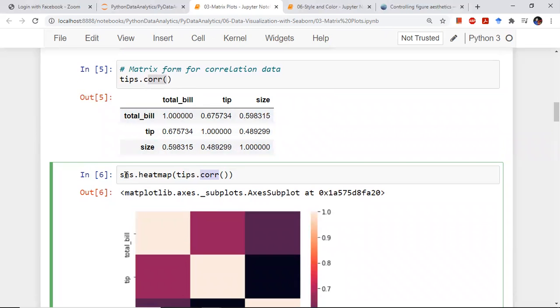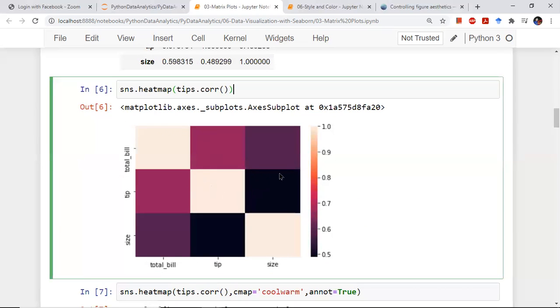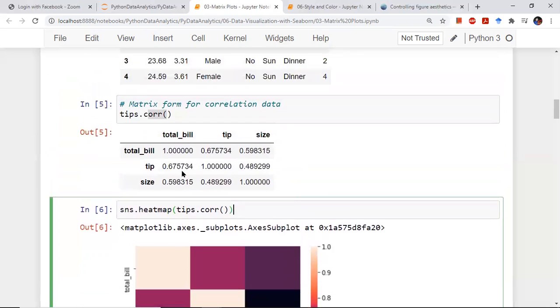Making heat maps is very simple. We will do sns, or seaborn, dot heatmap, and I'll pass the matrix form of the dataset. So this is what we see as the output, right? Here we see that the lighter the color, the higher the correlation, and the darker the color, the lower is the correlation. So we can clearly see that this diagonal is very highly correlated,